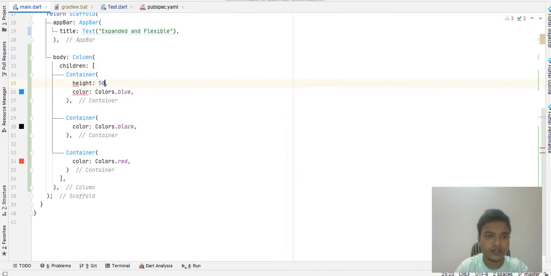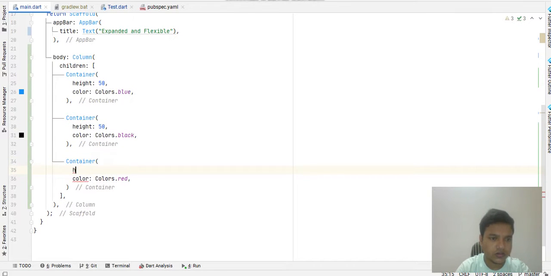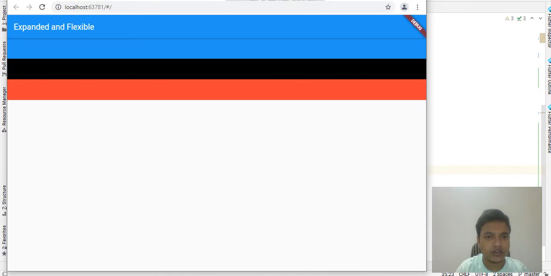Height will be 50. Any integer you want, according to your screen size, you can provide it here. Click on hot reload. Here you can see three containers created with the colors blue, black and red, and still there is a lot of space available on our screen.